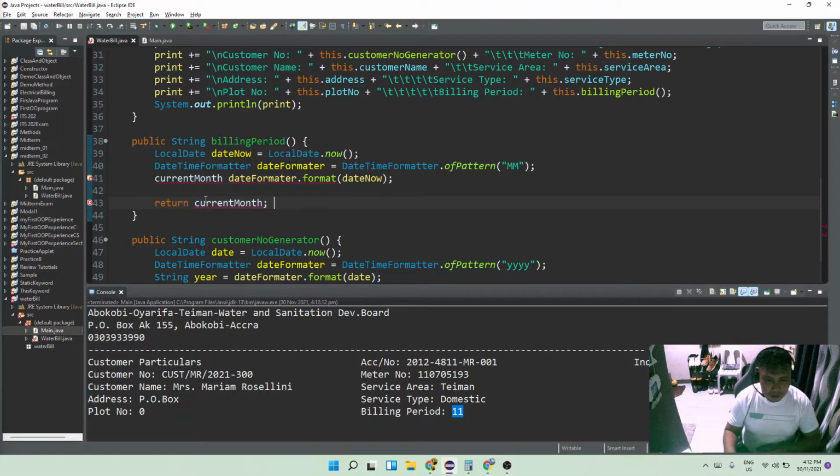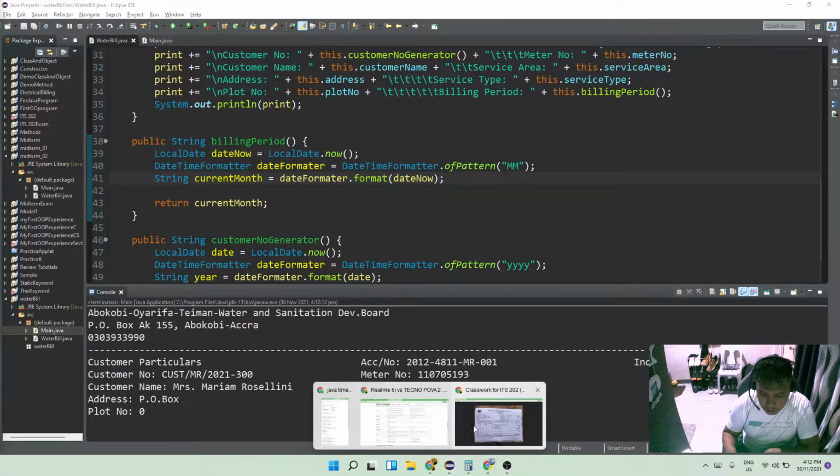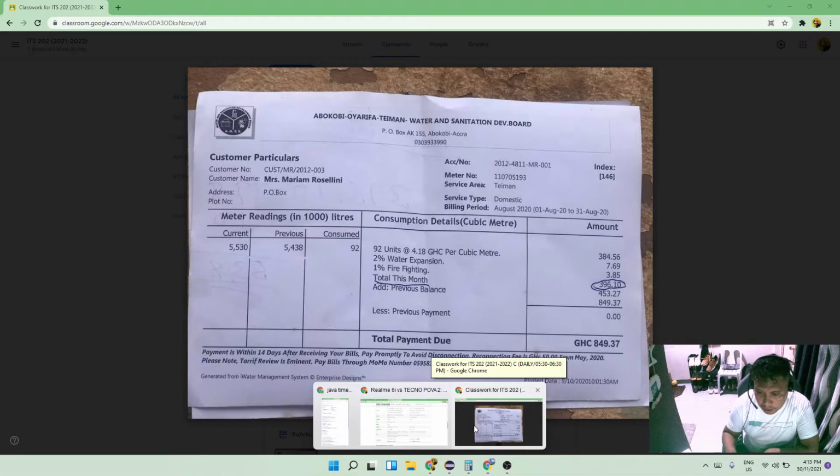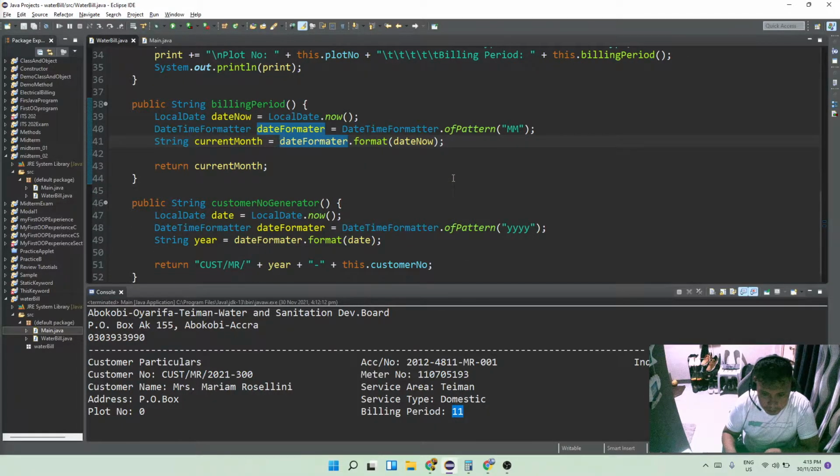So since we have the current month, we can now proceed to the outputting of the bill for that. So August 2020, the pattern for that is August 2020. So all we need to do here is to output,